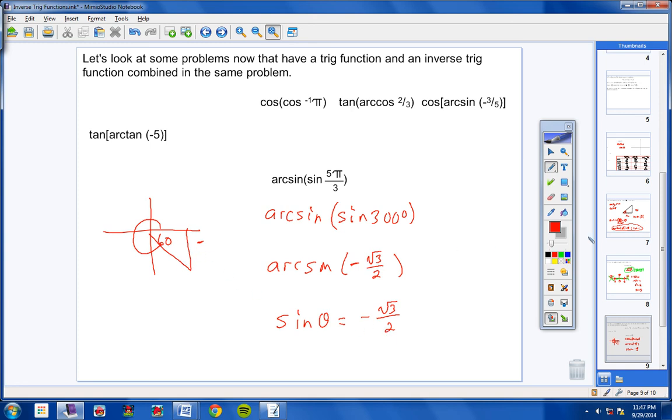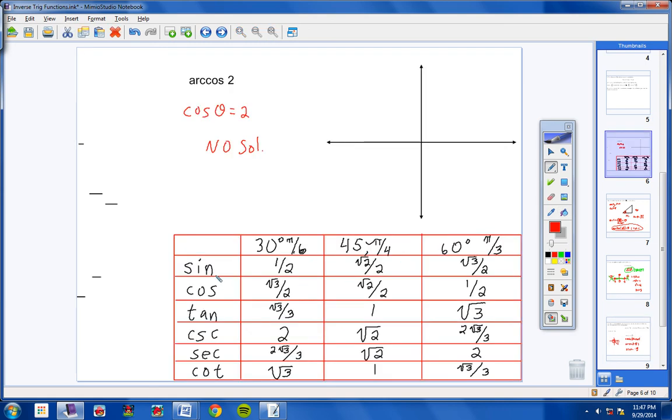And look, go back to your chart. You've gone in circles again. We saw that the sine of 300 is this, which is the same thing as the sine of 60. And now we're taking the arc sine of this, which is what you got when you took the sine of 60. So if we look back here, it's the sine of 60 that gives you square root of 3 over 2, right? Sine of 60 gives you square root of 3 over 2. So with that in mind,